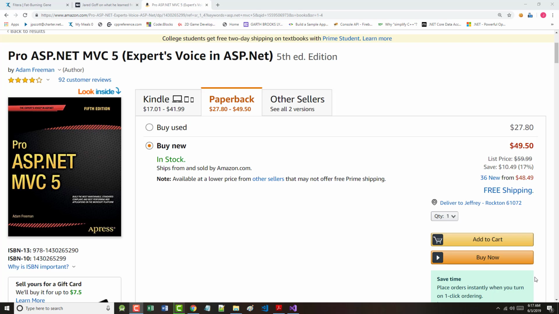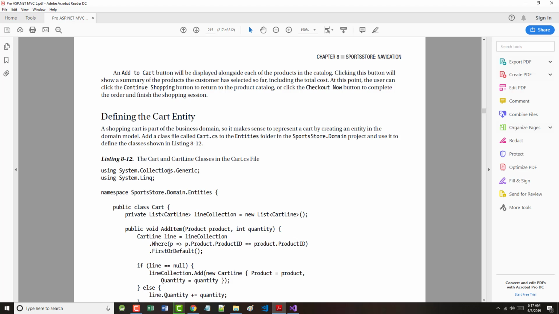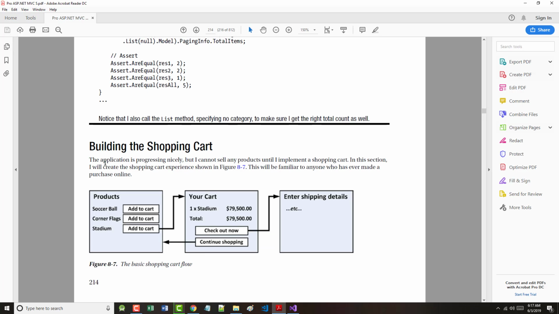That book is Pro ASP.NET MVC 5, an A-Press text by Adam Freeman. I am working my way through Chapter 8, and we are up to building the shopping cart. And as the author says here, the application is progressing nicely, but I cannot sell any products until I implement a shopping cart. So in this section, we will create the shopping cart experience, such as the one shown in